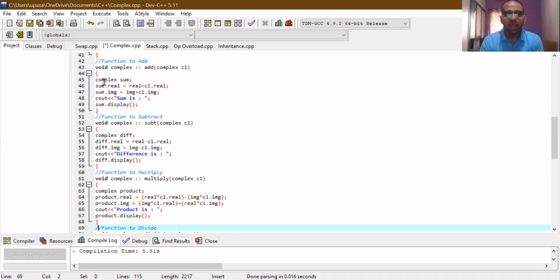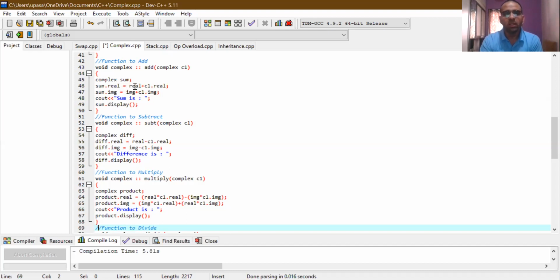So this is the syntax: first you will write the class name and then the object name. It is just like data type and then identifier. Then we will use the variables from the class, or particularly they are called fields, using the dot operator. So the real and img part from the class we can use like sum dot real, because sum is the object, and using that object only we can access the variables or fields of the class.